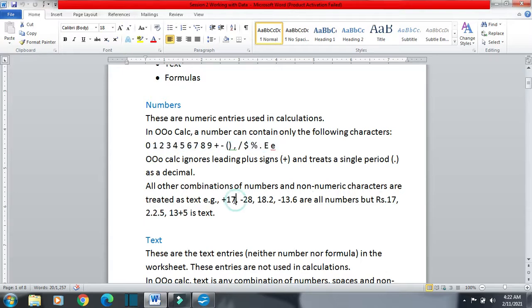Here you can see plus is before the number, it is number. -28 seen as number. 18 and then single period, then 2 number. -13.6 as number are all numbers. But if you will include RS, it will be seen as text. If you will give 2 period, it will be seen as text. If you write like this 13 plus 5, it is text.